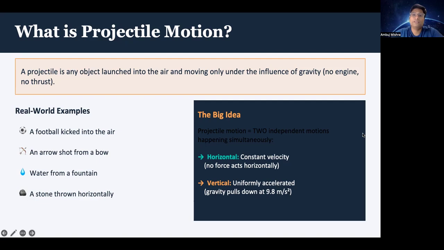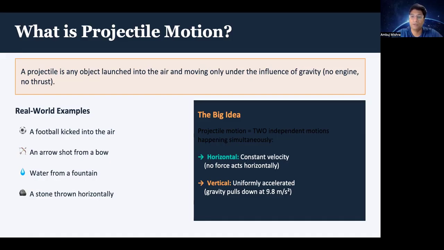First, what is projectile motion? A projectile is any object launched into the air and moving only under the influence of gravity. So, say for example, when you kick a football in the air, or you shoot an arrow from a bow, water coming from a mountain, stones thrown horizontally. All of these are projectiles. The only thing that we need to remember is that there is no force acting on the projectile other than